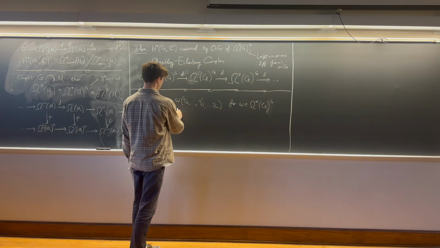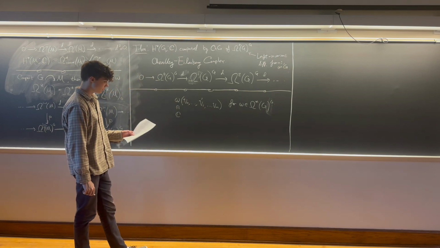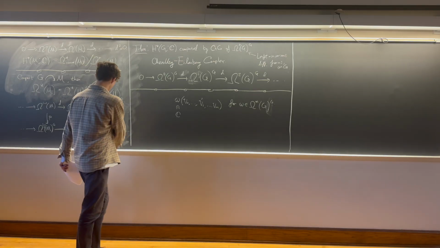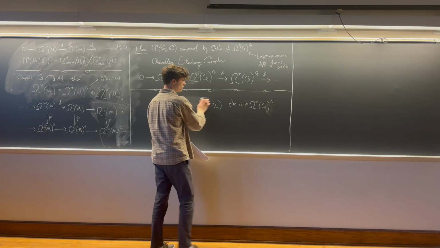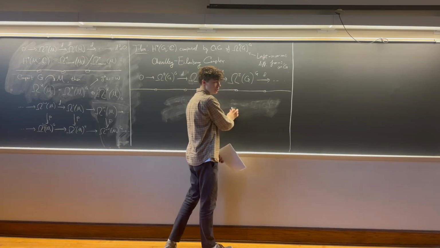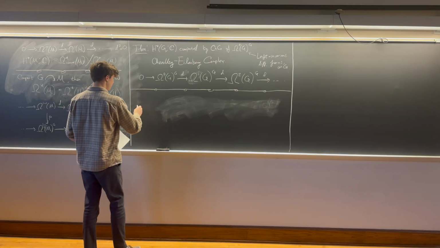So these are some constants, and so the first sum in that sum of two alternating sums actually vanishes. So what we're left with in terms of the differential here is,